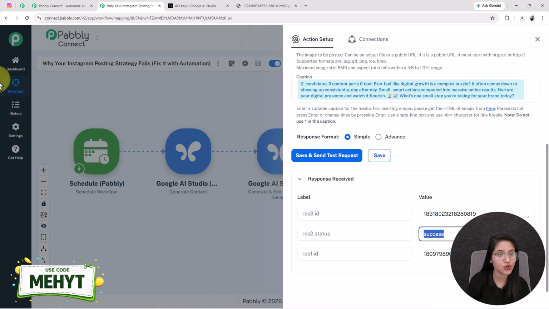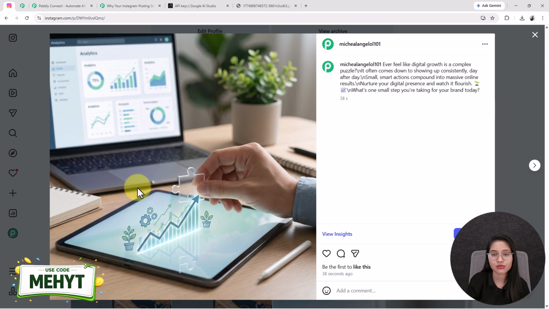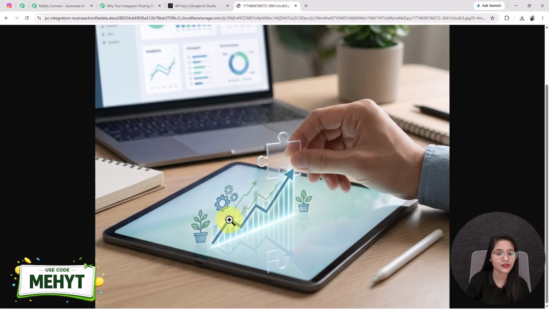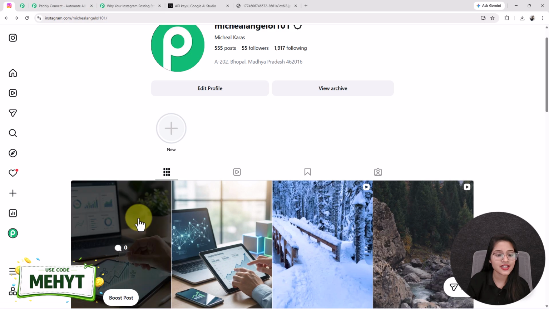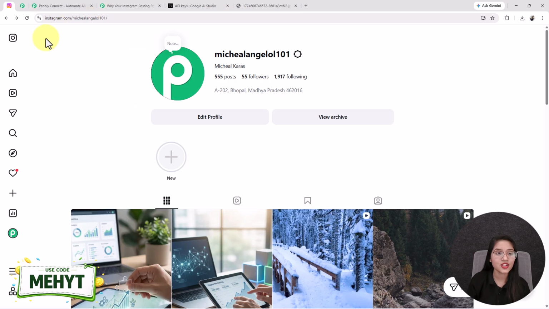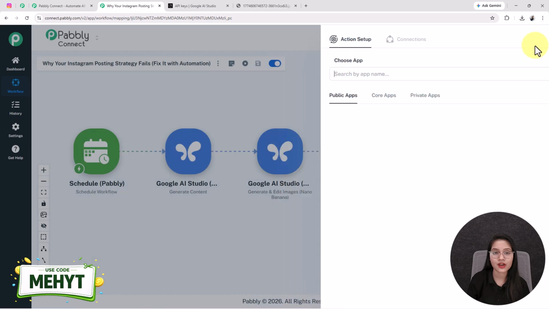Now I am going to show you my Instagram account by refreshing it. See, automatically a new post is created in our Instagram account. See, this is the exact same post that we have generated, and it includes the caption too. So this is how it works. As a new post is successfully created in our Instagram account, this means that our step is working perfectly and